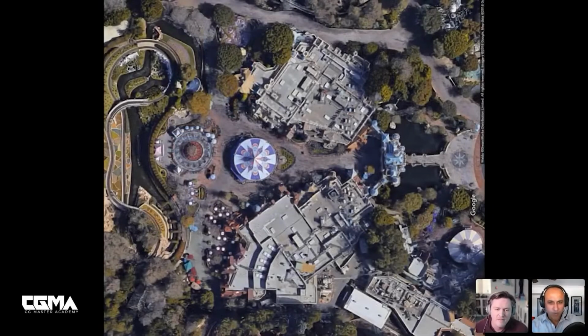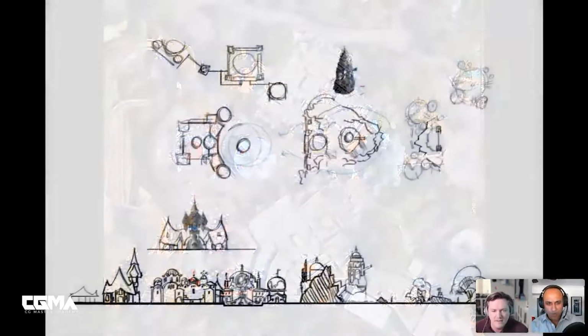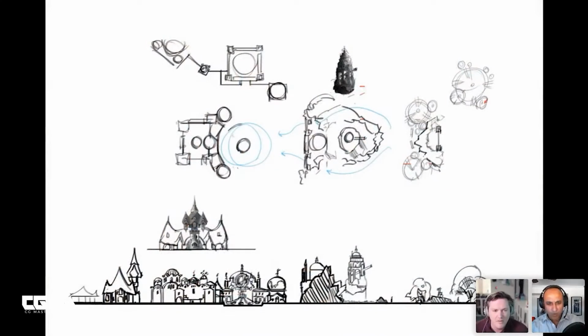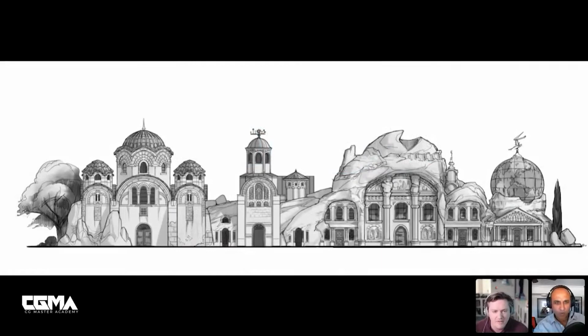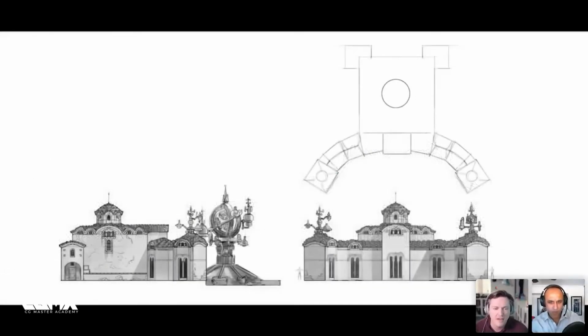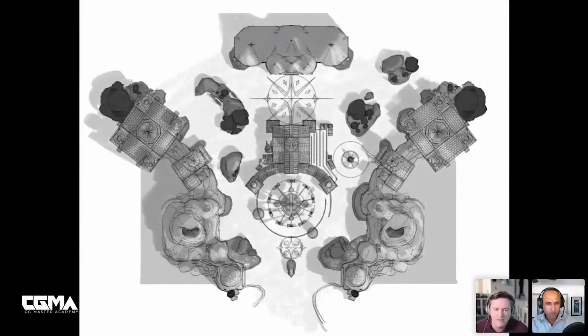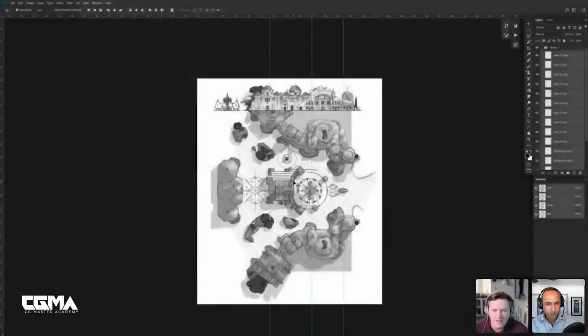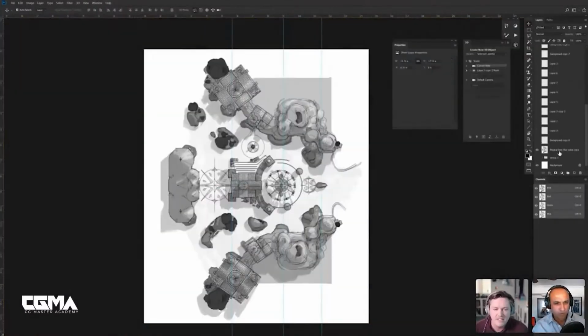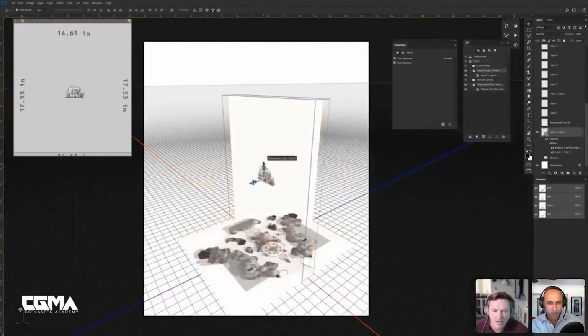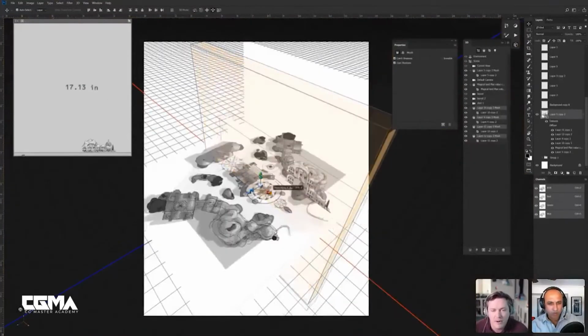Okay, so now we're into spatial design, and here we have Fantasyland from Disneyland. One of the things that sets apart location-based entertainment so much is that we have to think about the space, and the best tool that we have in our tool bag are elevations and plans. So these are some elevations that I drew up for my project and the plan here. And so when you have those two together, they communicate space, and that space needs to communicate the story as if you were walking through it. And that's the part of theme park design.